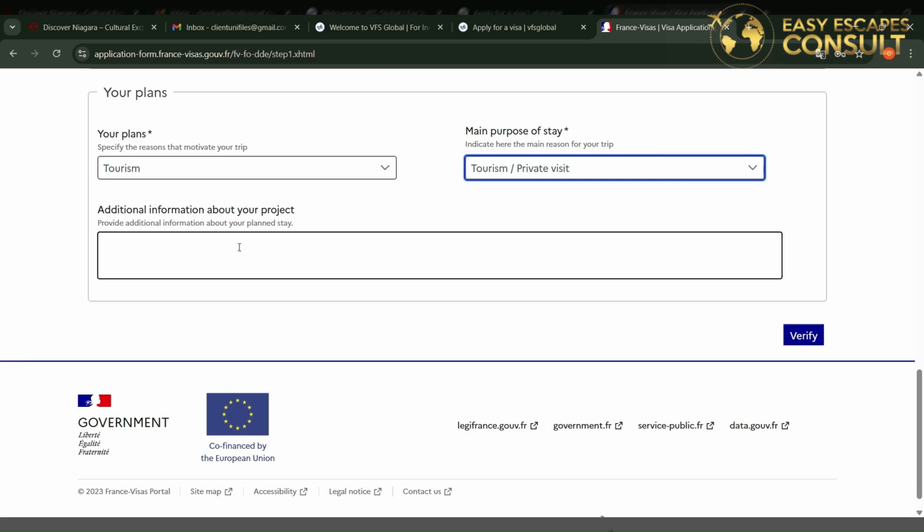So remember, I'll advise you to put something here. Do you know something? Me, I always say that before you fill out your application form, you first need to build your itinerary, build your day by day itinerary, like write your day by day itinerary before you begin your visa application. If you are applying to the UK or Canada, build your day by day itinerary before. But if you are going to the Schengen areas, I'll advise you